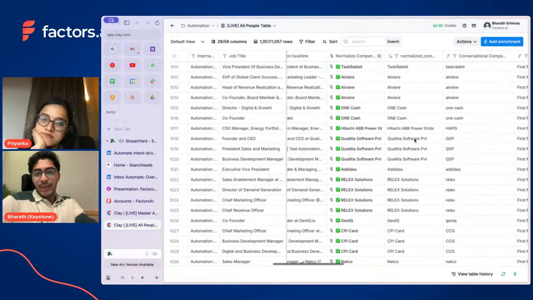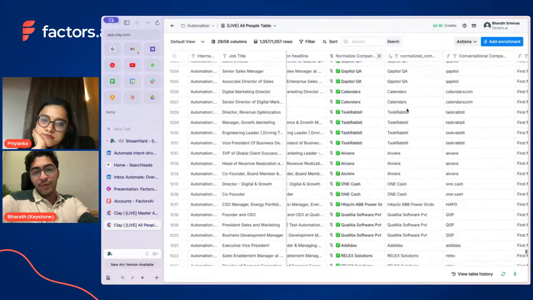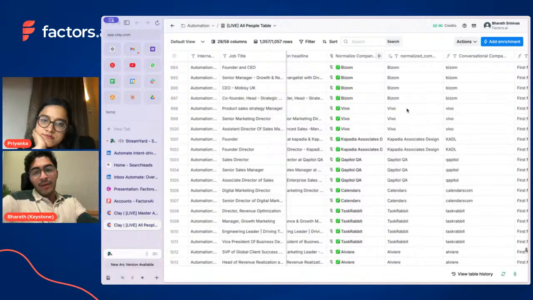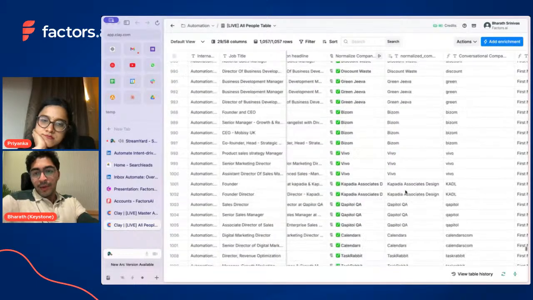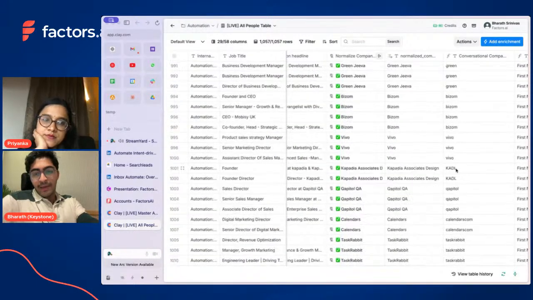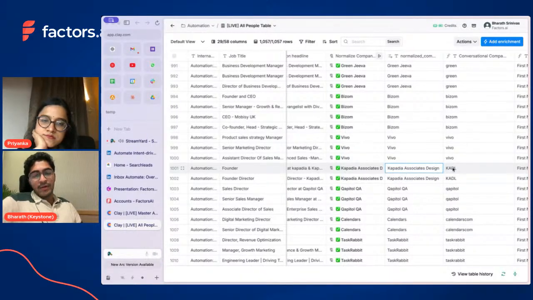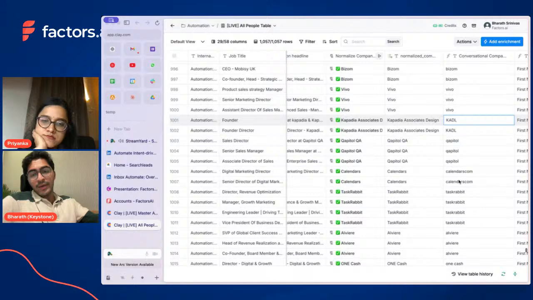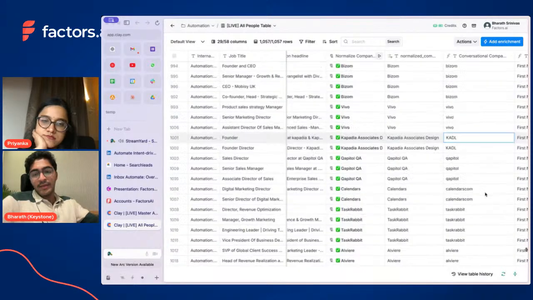And what else do we do? Yeah, we also normalize the company name. So if you have a company name that is long, we want to be able to compress it. If this is a very long name, we don't want to put that into the email, right? So I've written a formula here that if something is long enough and is not conversational, then we'll just condense it and put it as sort of initials, right? At the same time, we want to camel case it and stay formal.